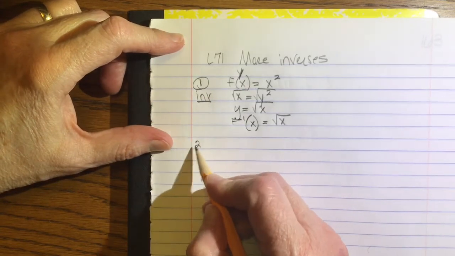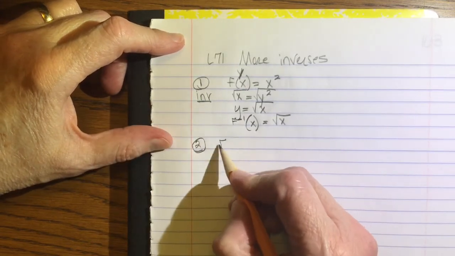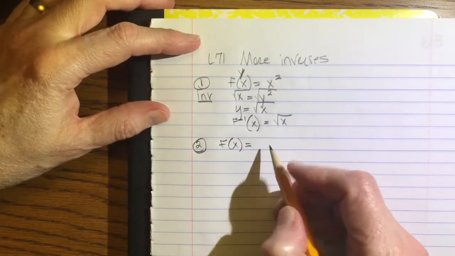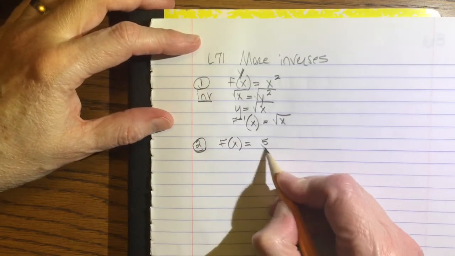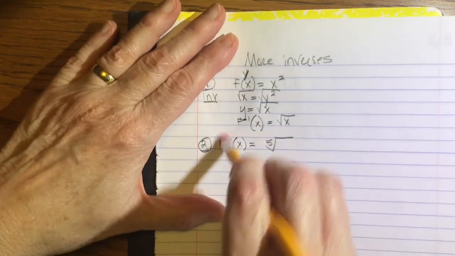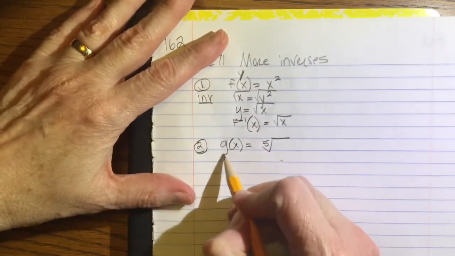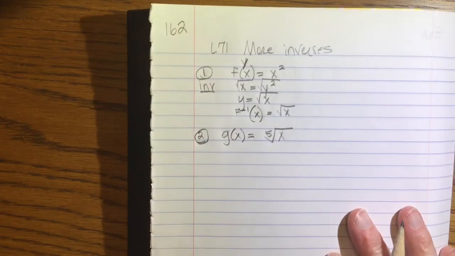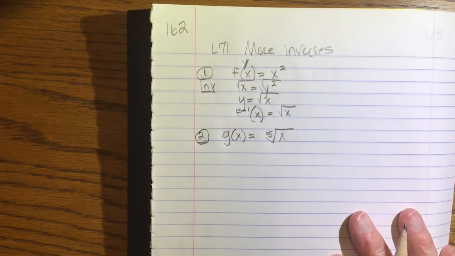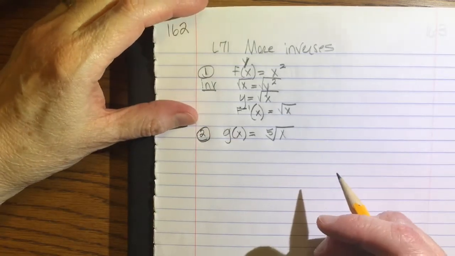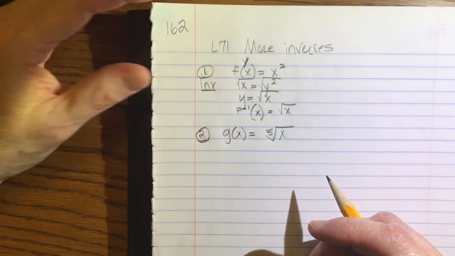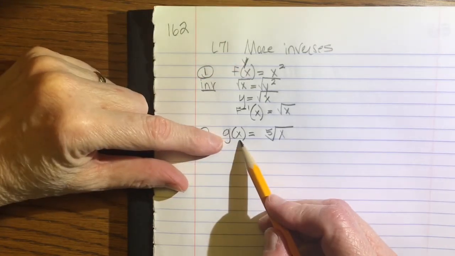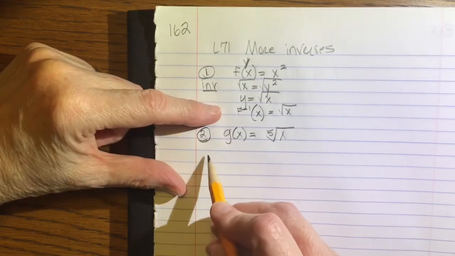Number 2. Let's do f of x is equal to something we don't even know what it looks like. And we know it's a function. I'm going to change that to a different letter. Let's do g of x this time. And let's do the fifth root of x. Okay, we could graph it, see what it is. It is a function. You plug in your x's, you take the fifth root of them, one answer. So pretty simple to know with the notation. We know it's a function. So to find the inverse,